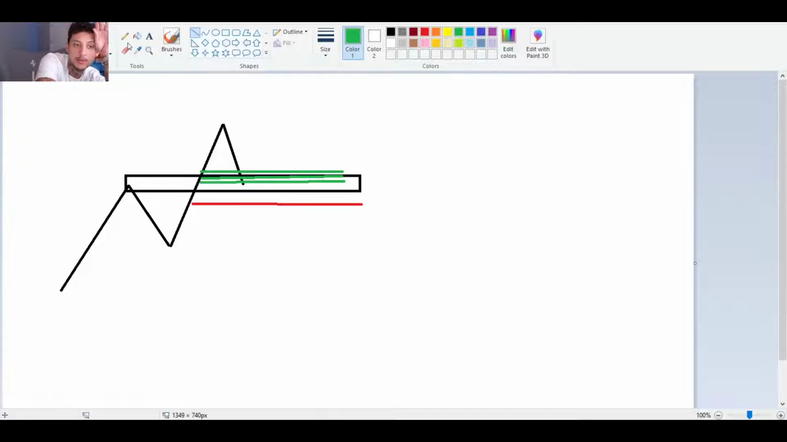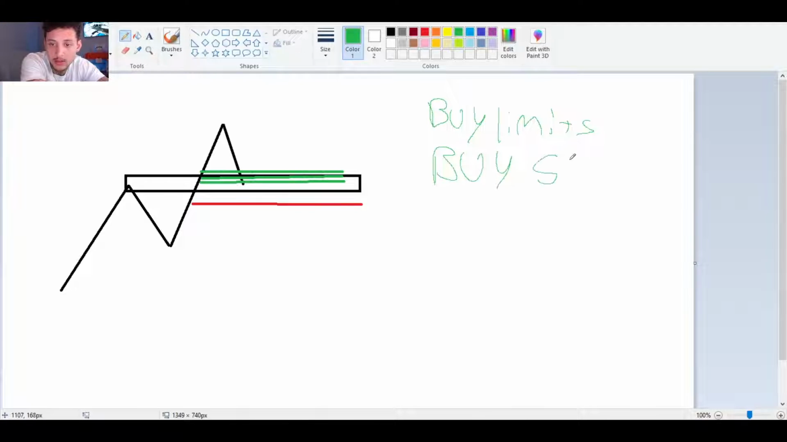So remember, there's two types of buy orders. We have buy limits, and we also have buy stops. At the same time, we have two types of sell orders, right? And we also have market execution, but we're talking about buy limits and buy stops. You know, I'll include it as well. Market execution. And then we have sell limit, and then sell